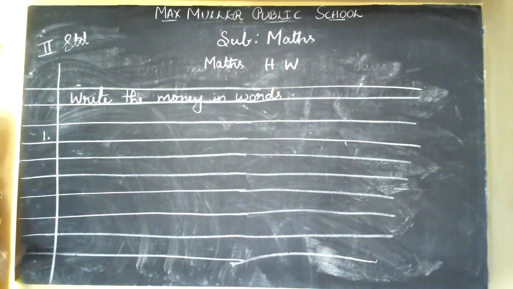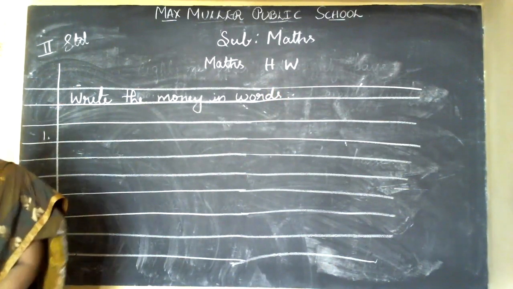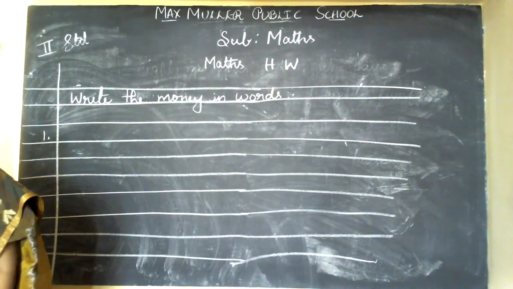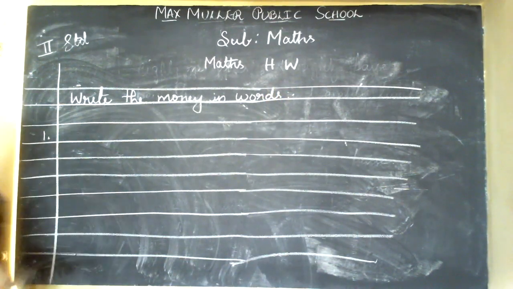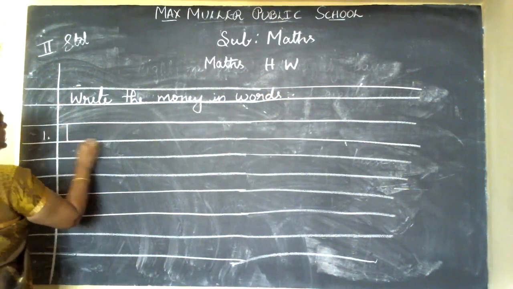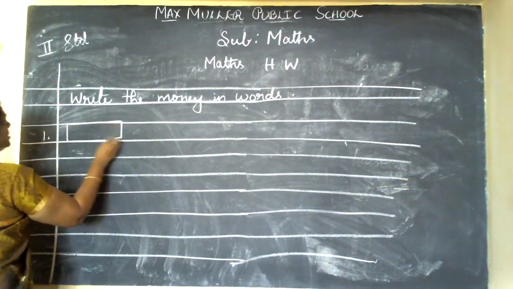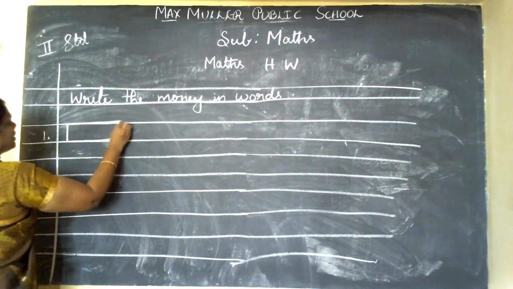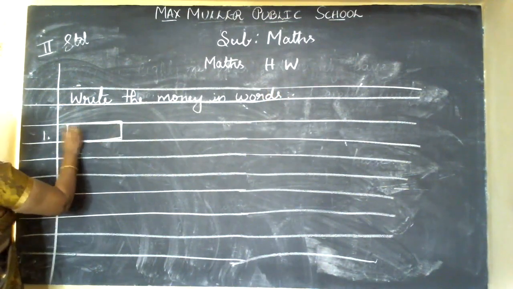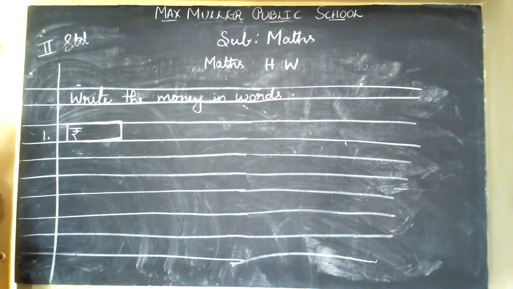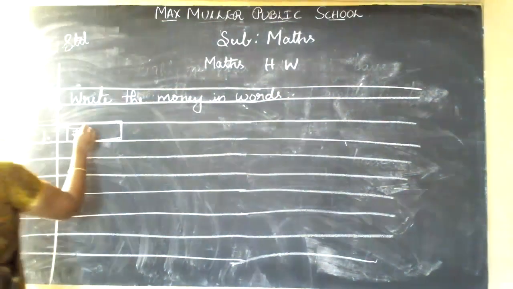First one. First one is, see, I given in the number, no children, you want to write in the, see, both the line. Touch both the line and put one box neatly and put small sign, rupees sign, 73 rupees,